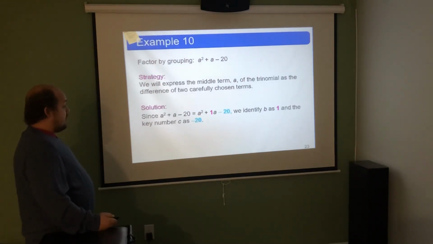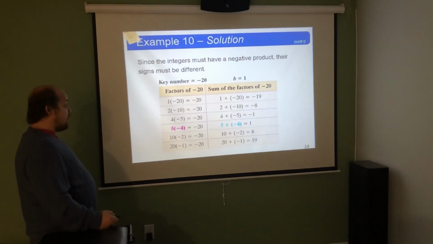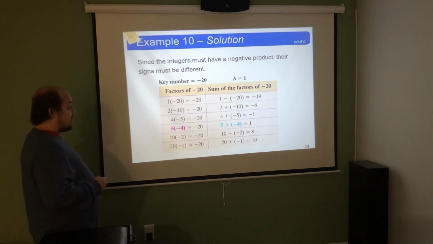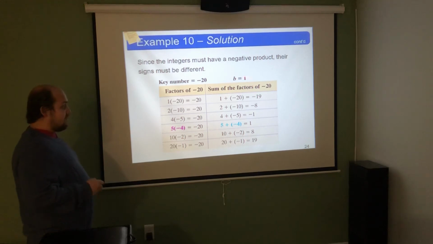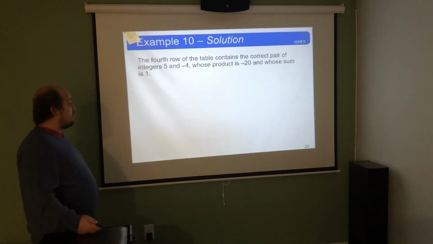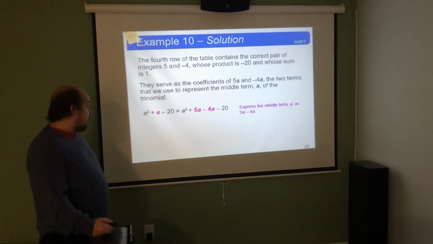So, here we identify that 1 is the B, negative 20 is the C. We write the ways that we can multiply to negative 20. Either we can have positive 1 times negative 20, positive 20 times negative 1, positive 2 times negative 10, positive 10 times negative 2, or positive 4 times negative 5, positive 5 times negative 4. This shows what happens when I add each of them together. I'm looking for 1 as my B, so I select this combo of a positive 5 and a negative 4. That means that I can write that middle term